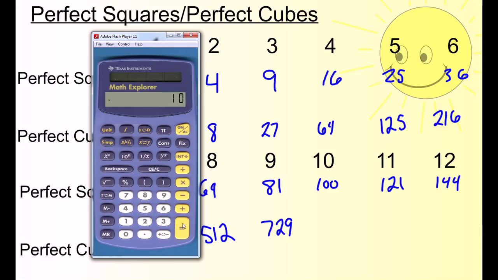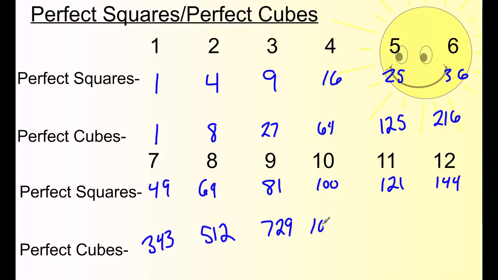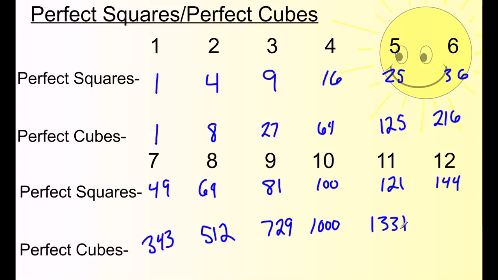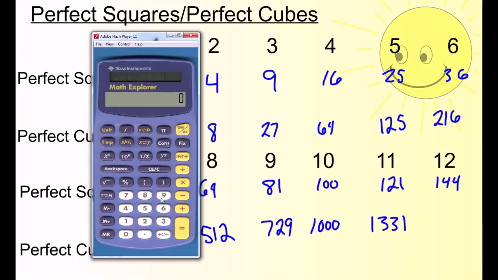the standards that say that you should be able to recognize by sight some of these basic perfect squares and perfect cubes. You should know what they are just by looking at them. So if I gave you the number, for example, 144, you should be able to look at that and go, oh, yeah, that's a perfect square because that's 12 times 12. As far as the perfect cubes go, I don't know how high they would expect you to